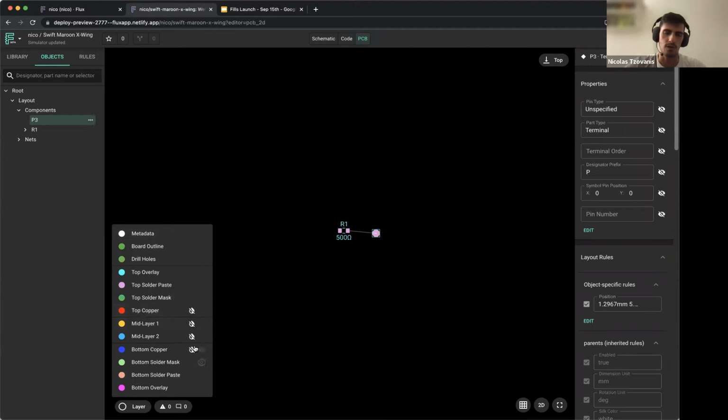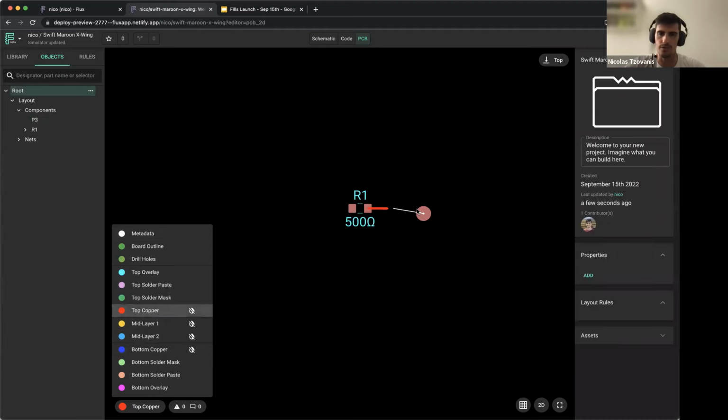So just to quickly go through, the most interesting for this case are the top, mid, and bottom copper layers. So these are the layers that have copper on them. So the little eye icon. Basically, let me quickly draw a trace from here to here. If I click on the eye icon, I hide all the copper or the copper traces that are present